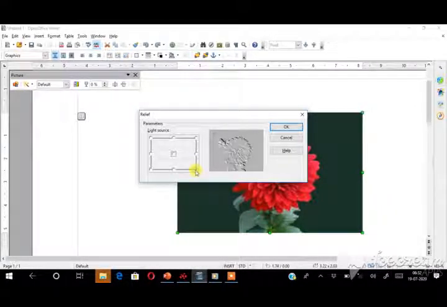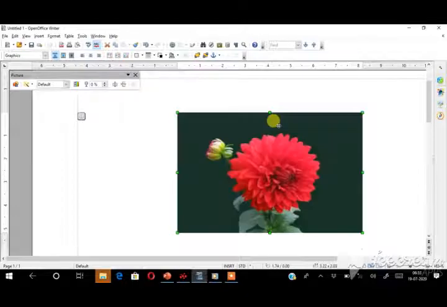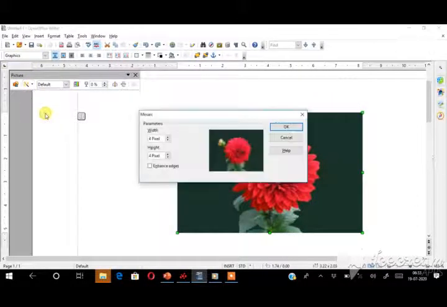Like this, you can change this effect. Click the OK option. See your picture now. Again, I undo my picture. And the last, we have the mosaic option. Here, you can increase and decrease the value of pixels for the height and width. See here.